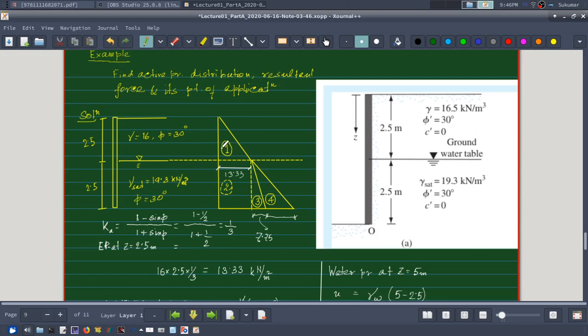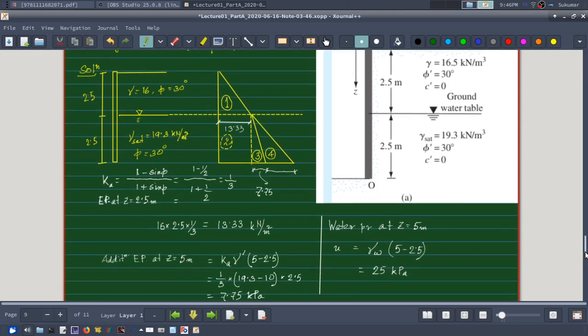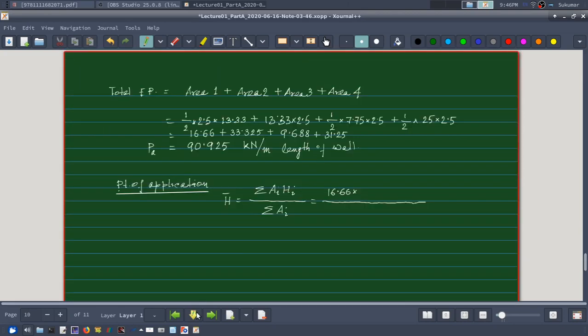So it will be 4/3 of 2.5. One third plus 1 is 4/3 into 2.5. Plus